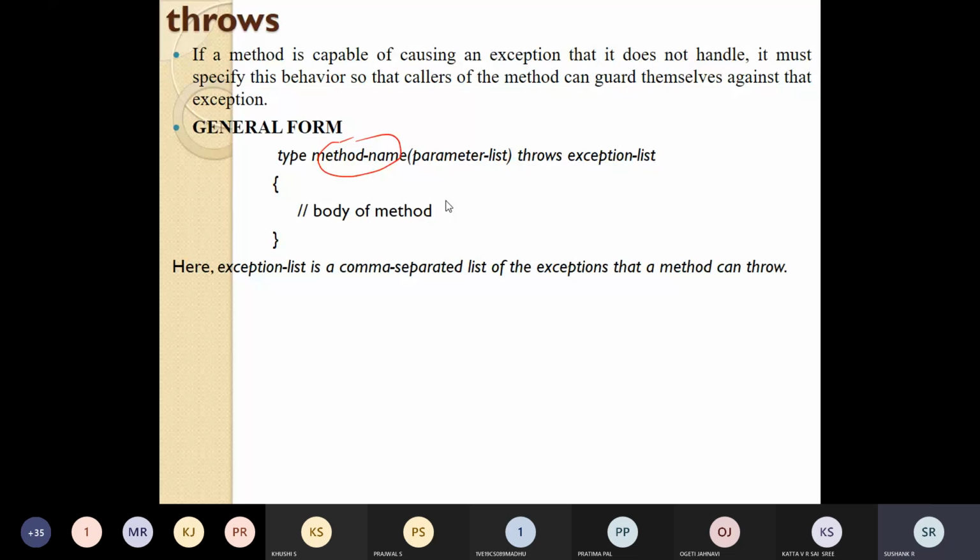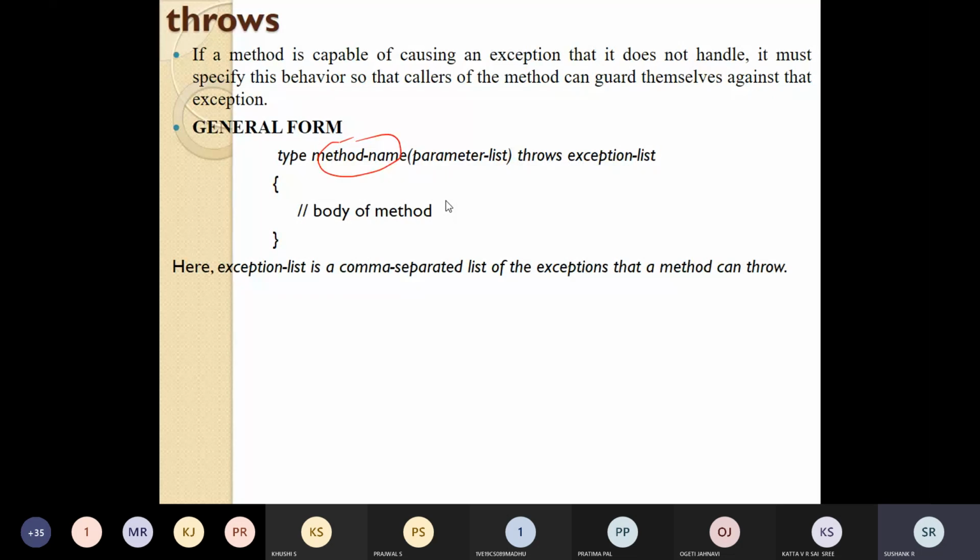So this is the usage of throws. Here we have a method which will cause an exception, but it does not handle it. So it has to tell this behavior to the caller so that the caller can guard himself against the exception.